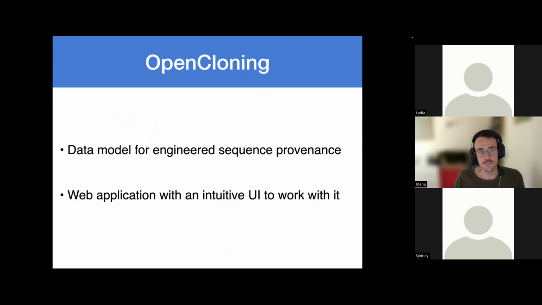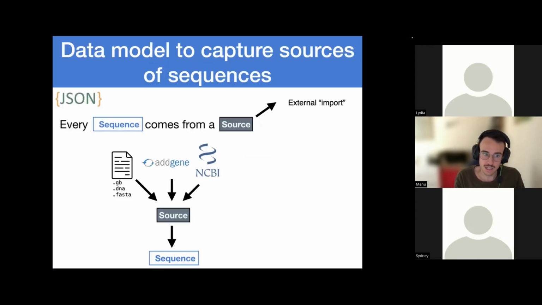So OpenCloning provides both a data model to represent sequence provenance, so the steps we've followed to create a new sequence from existing ones, as well as a web application with an intuitive user interface to work with it. Very briefly, the idea of the data model is that every sequence comes from a source,